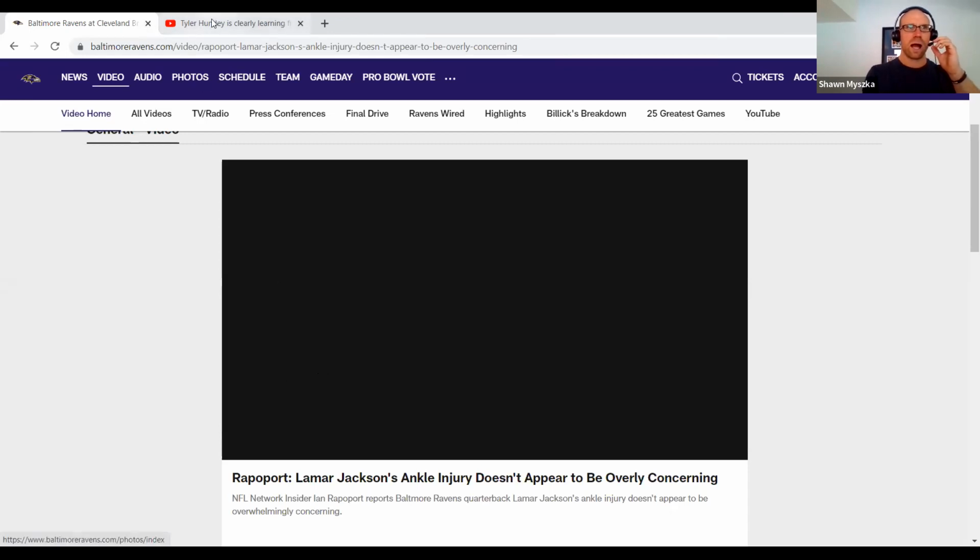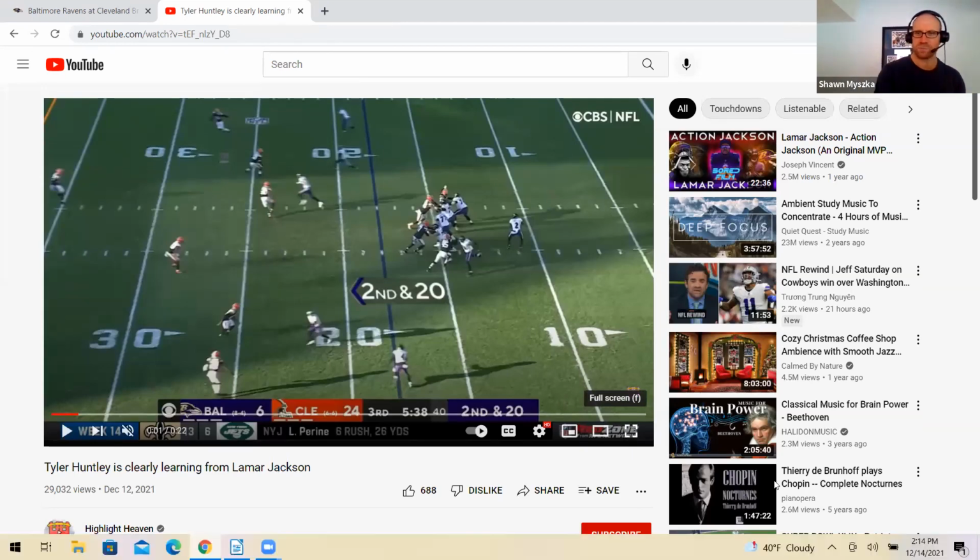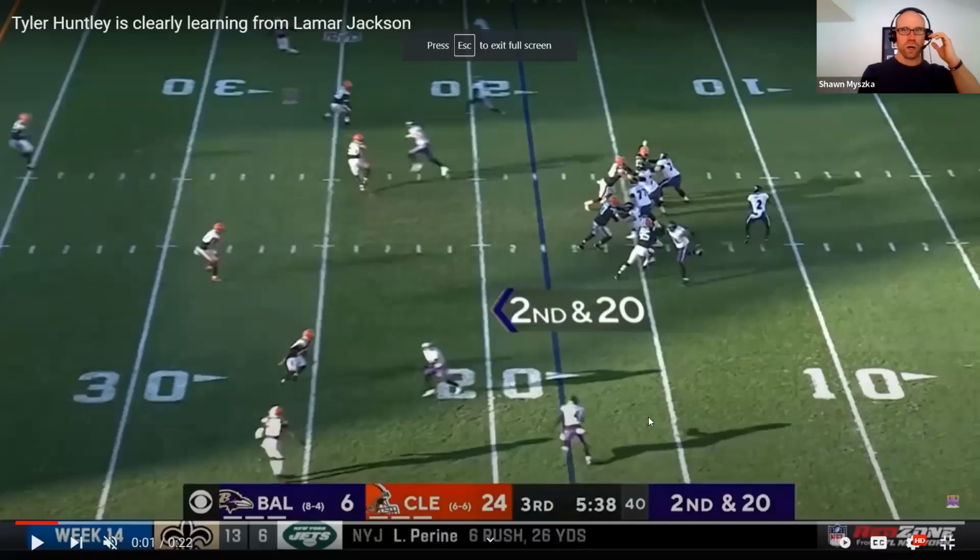Let's go over, obviously, here now to 50% speed. And we're going to see it from Highlight Heaven. Our guys over at Highlight Heaven, I don't actually technically know them. I just use them on a number of different cases. I think as I draw attention to what they have written on the top here, Tyler Huntley is clearly learning